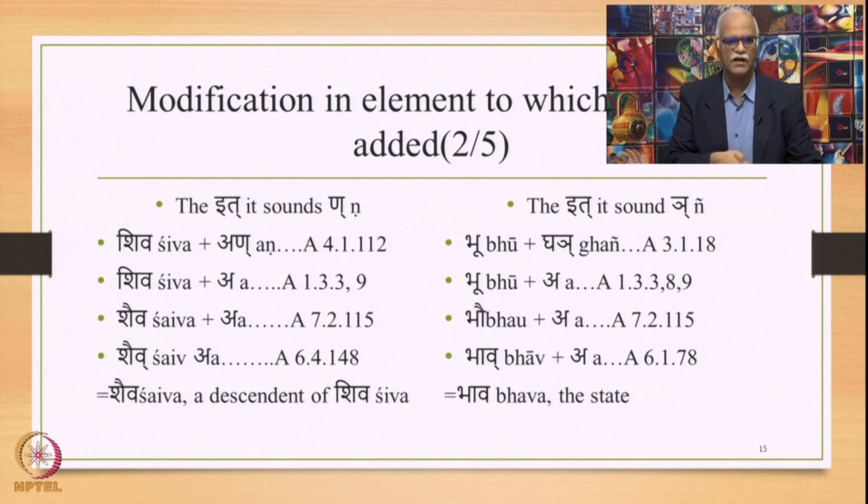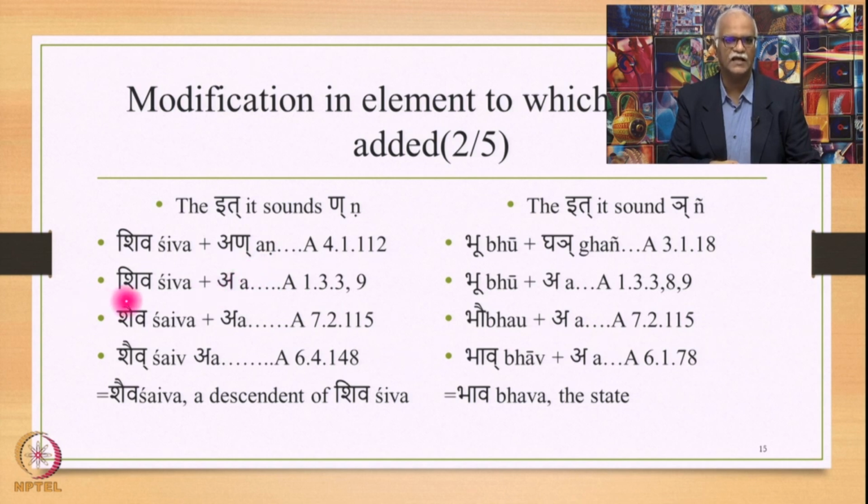So if the speaker wants to say a descendant of Shiva, he will take the nominal root Shiva and by 4.1.112 add the suffix an to it, an, which has the marker n. Now this marker, this sound n will be termed as it by 1.3.3 and will be deleted by 1.3.9. So we get this step of derivation Shiva plus a. Then because of this n now,